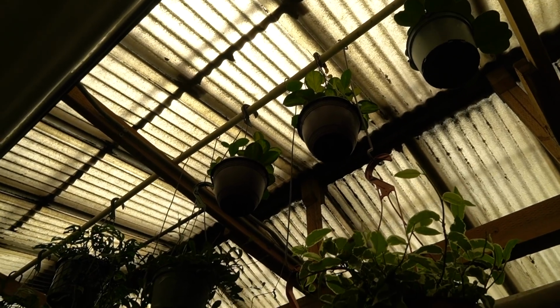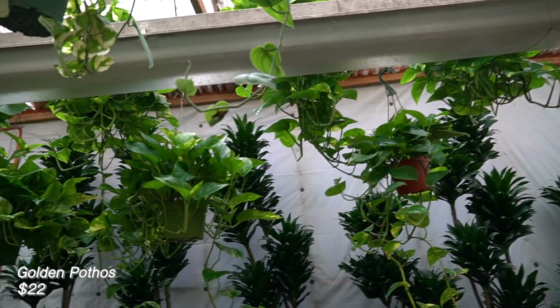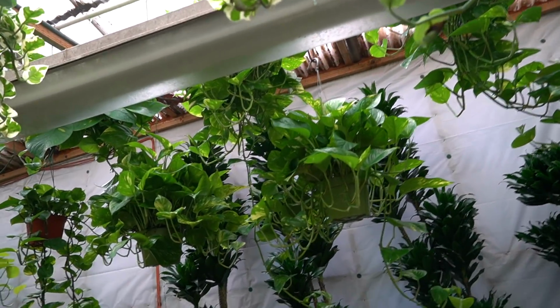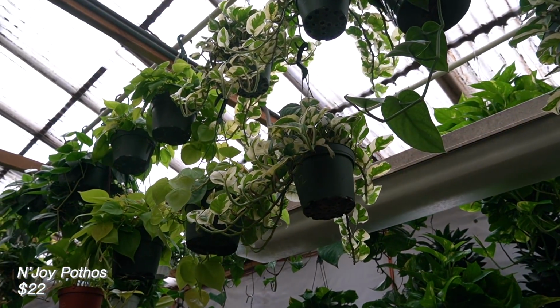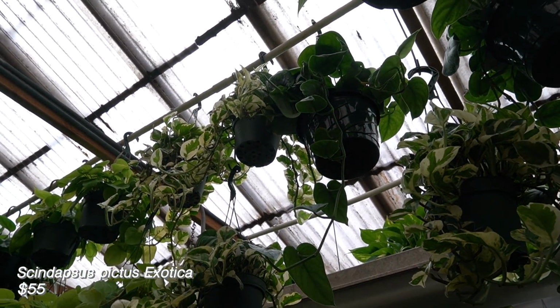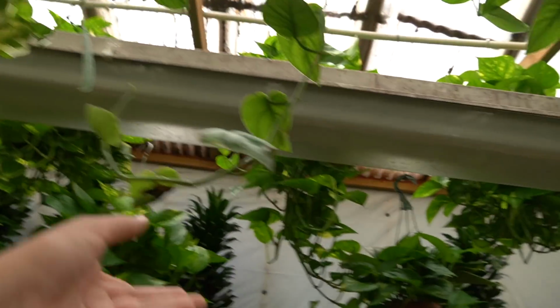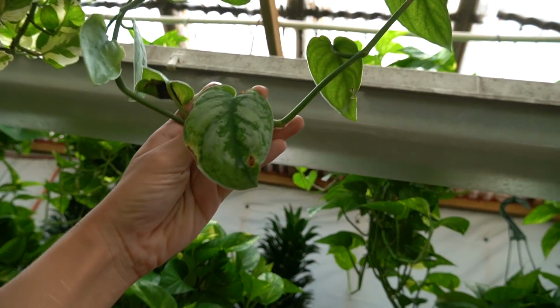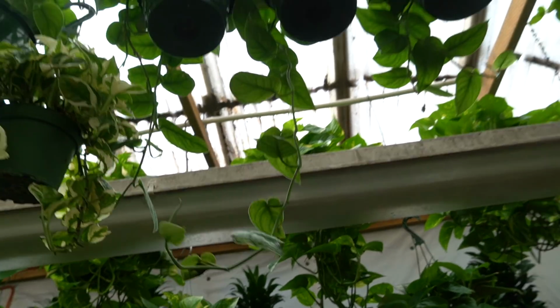Those are 35. And on this side there are pothos. They're just pothos for like $22. There's the enjoys. Oh, there's the Syngonium for 55. They've gotten very expensive. You guys can't even see. Oh, right here. It's an exotica for 55. Well, I guess it's a big